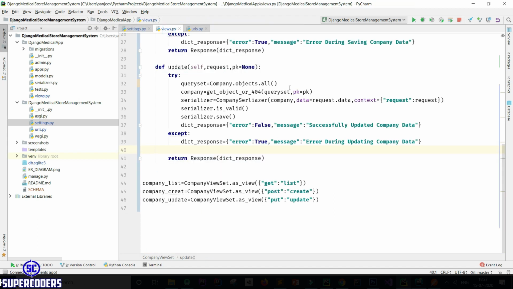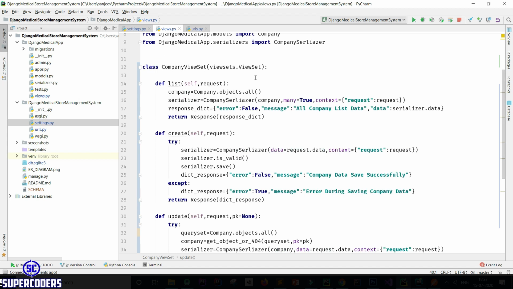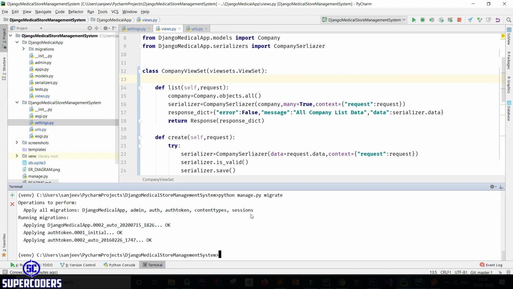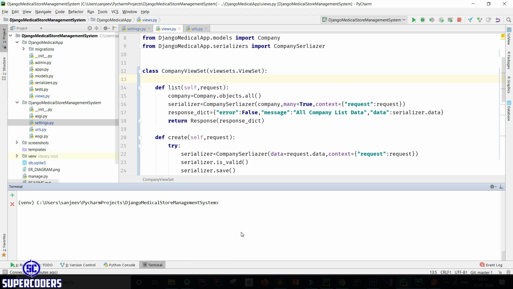So come back here again, and in class also you need to install simple JWT. So clear the console. Now, clearing the console and installing simple JWT. So pip install, running the command djangorestframework-simplejwt.